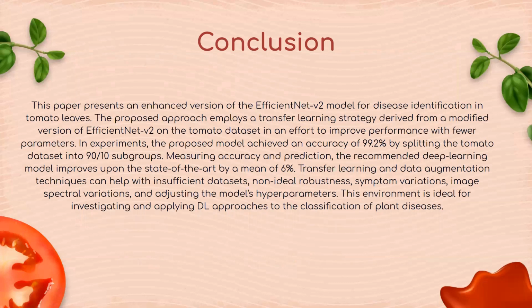So this paper presents an enhanced version of the EfficientNet V2 model for disease identification in tomato leaves. To achieve better performance with fewer parameters, the suggested method uses a transfer learning technique generated from a modified version of EfficientNet V2 on the tomato dataset, and to test the proposed model, which divided the tomato dataset into 90 and 10 subgroups, had a 99.2% accuracy rate. The suggested deep learning model outperforms the state of the art by a mean of 6% in terms of prediction